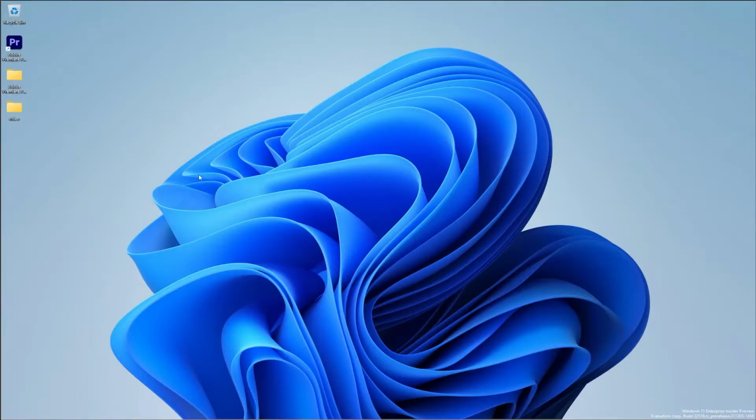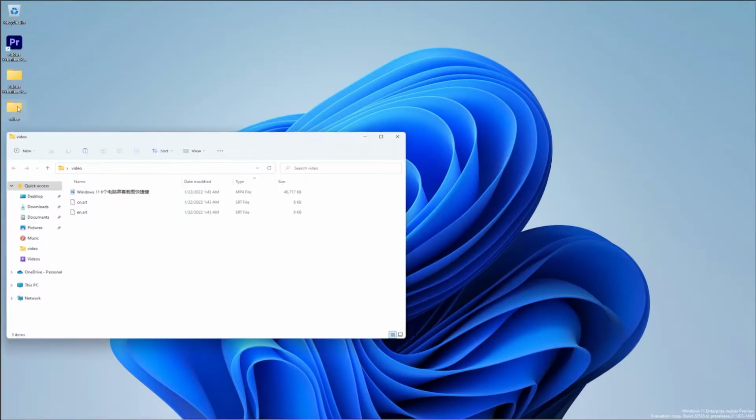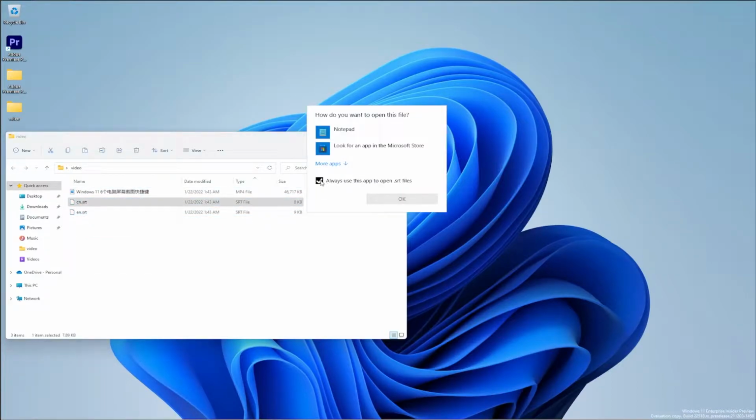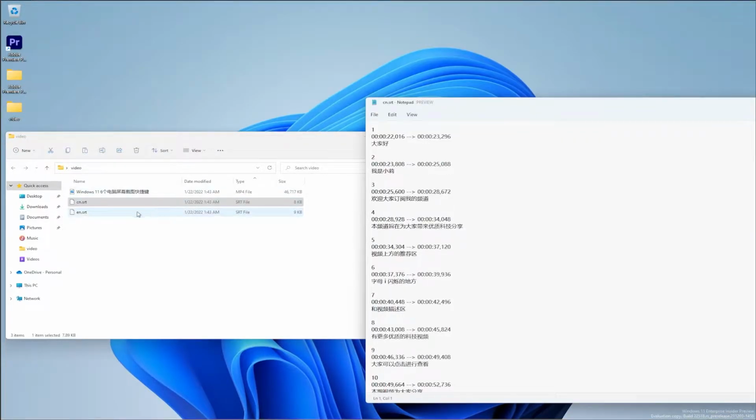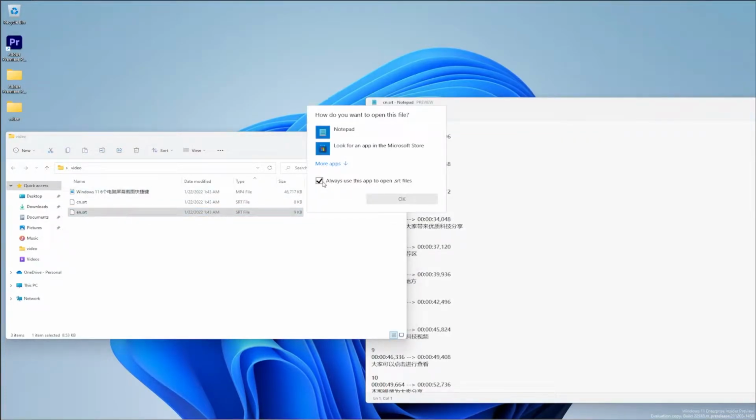The video folder on the desktop has 3 clips, 1 MP4 video and 2 corresponding subtitle files. CN is Chinese subtitle. EN is English subtitle.